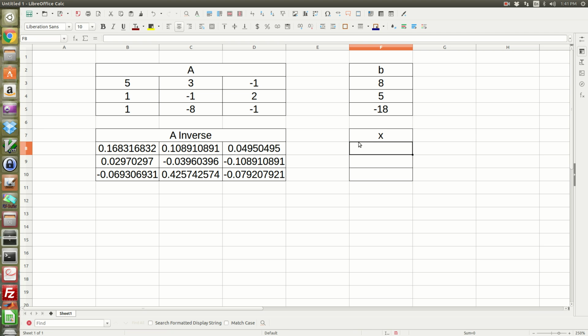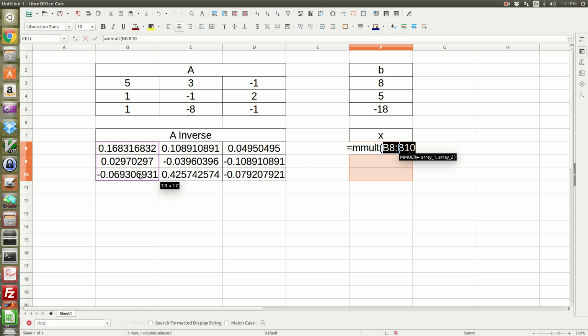So I highlight these 3 cells, that's where I'm going to be storing the solution vector, and I hit equals and type in MMULT. MMULT stands for matrix multiplication. Open parentheses. Take the first array, which is the inverse of A. I highlight all those cells,